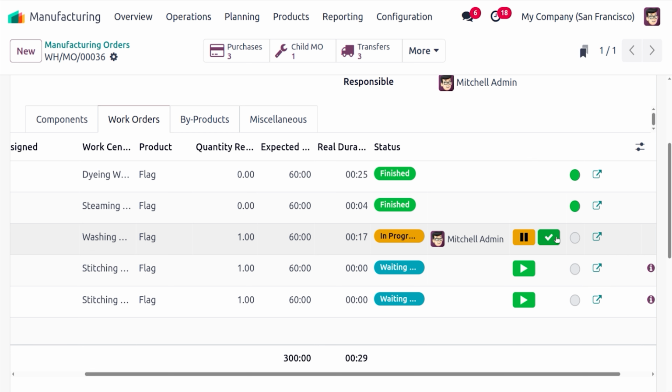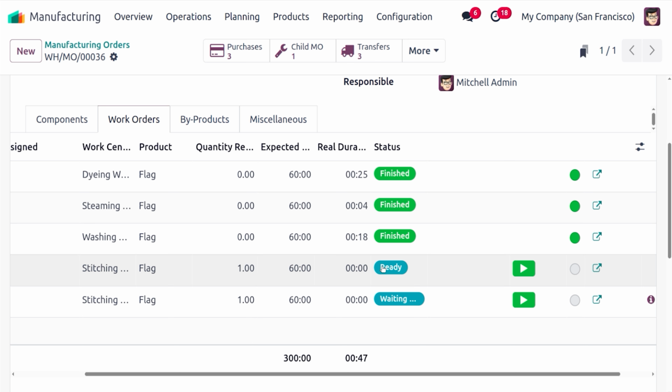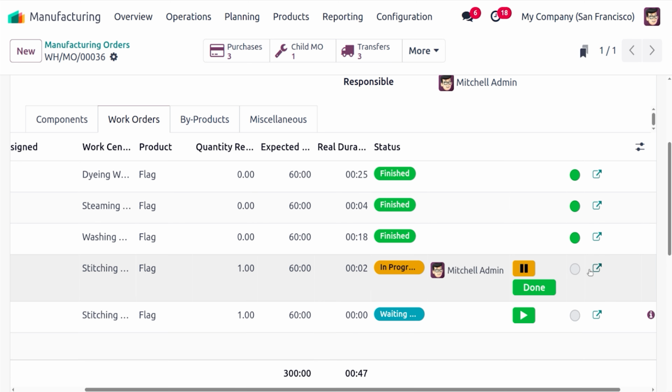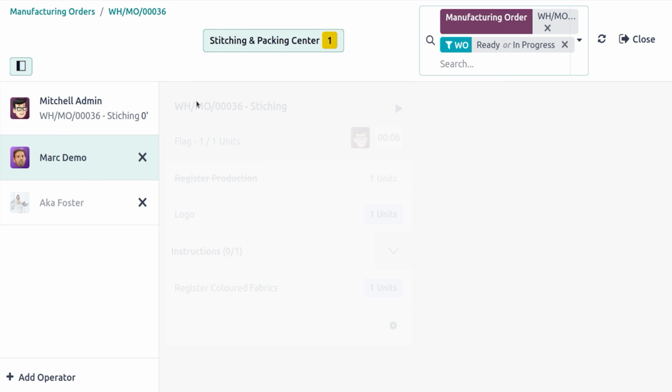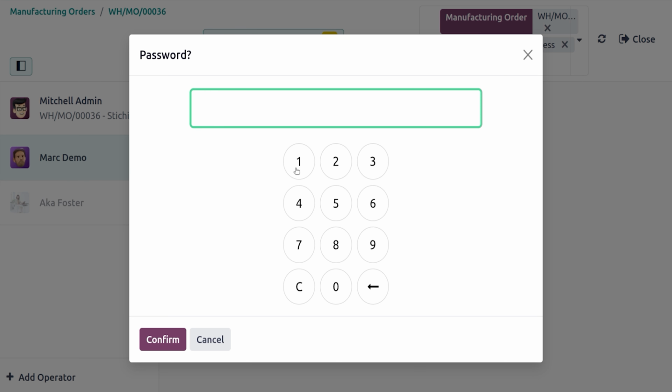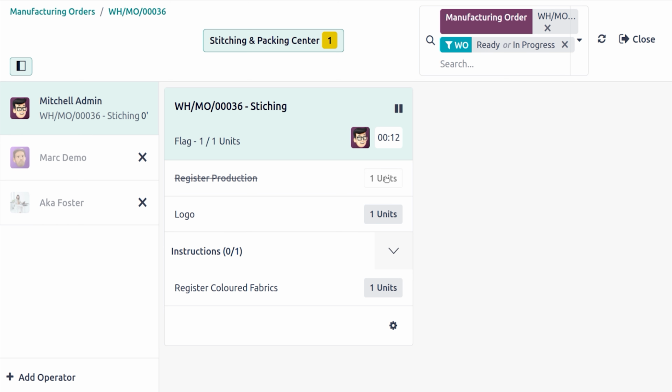If I'm clicking on this done button, so the washing is completed. And the next one is stitching, which is the same operator as Michelle admin. Let's start from here and let's move to the shop floor. Here we can see we need to add the password, and here we can see the stitching is in progress,